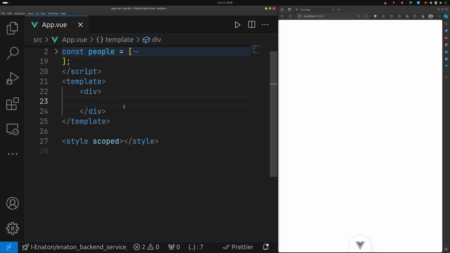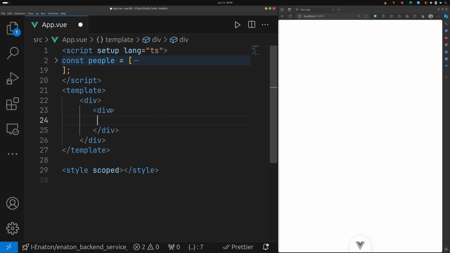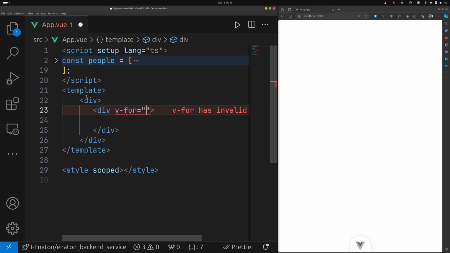So let's jump in. For us to run a list or showcase a list, we need to use the v-for directive. So this is a sample. You can just have a simple div, then you have it as v-for. So under this rendering we'll have, let's say, person,